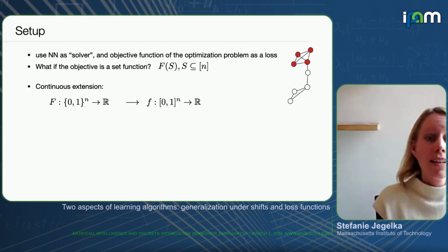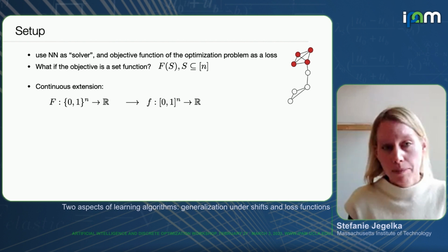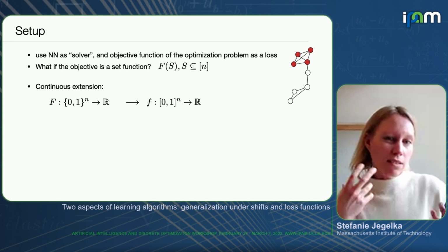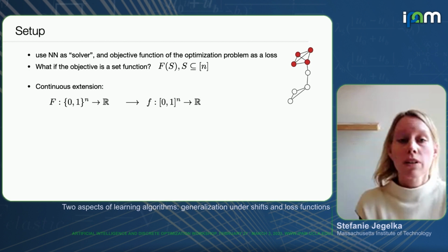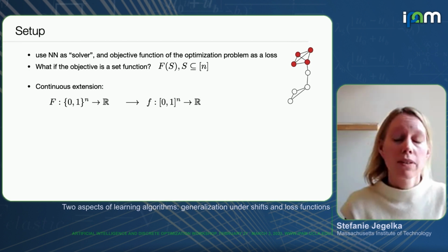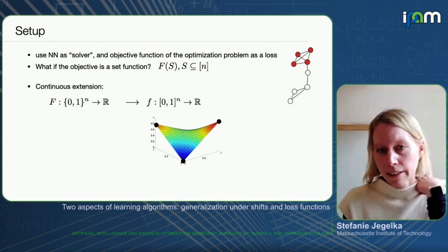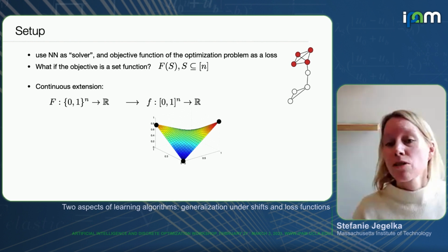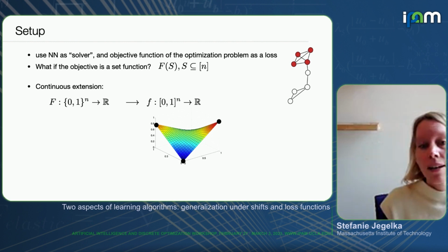One of the standard ways to deal with this is to relax the problem. We have a function that's defined on the hypercube, and we find a so-called extension. Think of an interpolation that works on the continuous space between 0 and 1. Here's an example of what this could look like. This is a cut function on 2 nodes in a graph. And here is a nice interpolation of this. This interpolation is continuous and smooth. I could just use that as a relaxation.